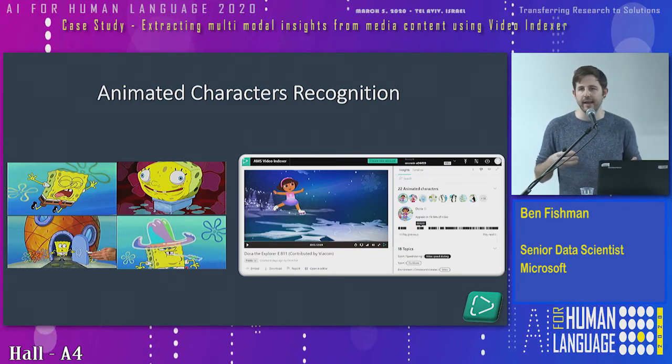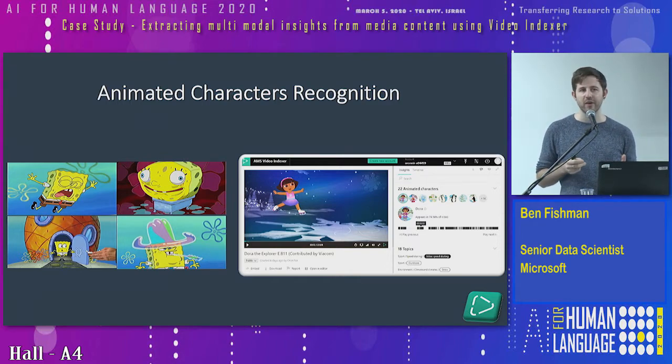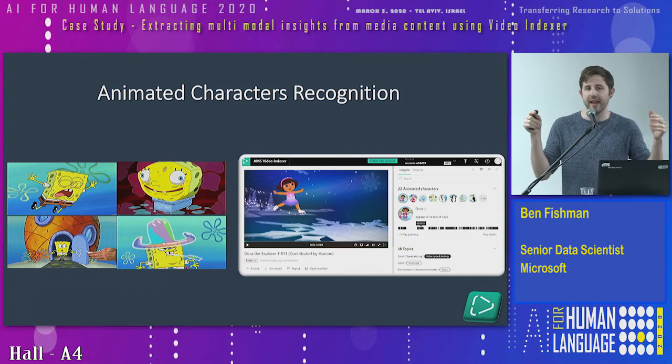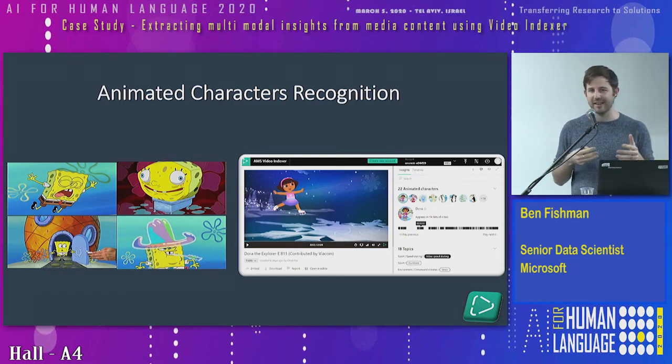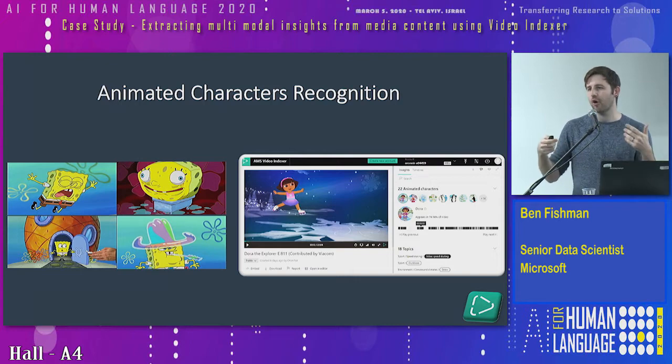Like face detection, it can be hard and difficult, and here we have other challenges because the variety of an animated character is much larger than the variety of a face. For example, SpongeBob, first of all, has a square head, it's not that human. Then the eyes change, his color changes sometimes. There are scenes where he is split into parts, and we need to detect all these events.